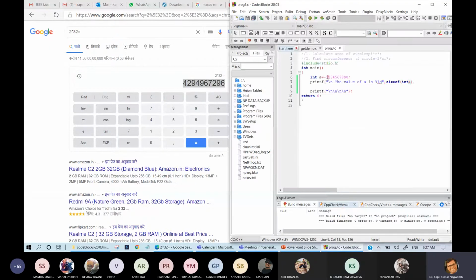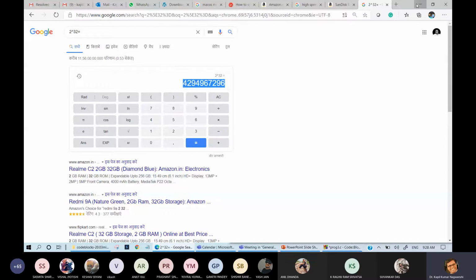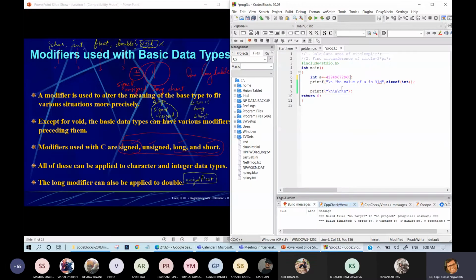Okay. So I have written this here, this value is the maximum value. If I take a bigger value of integer than this, if I am putting 0, and suppose I am not giving the sign also here. Okay, so this is the number, and then what will be the answer?